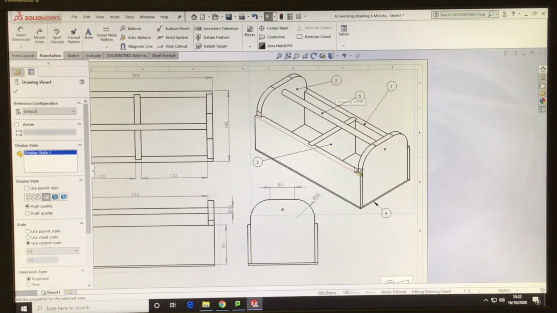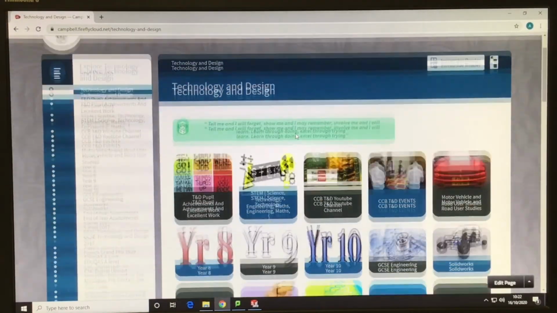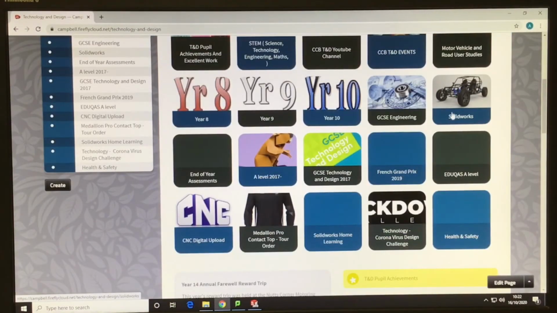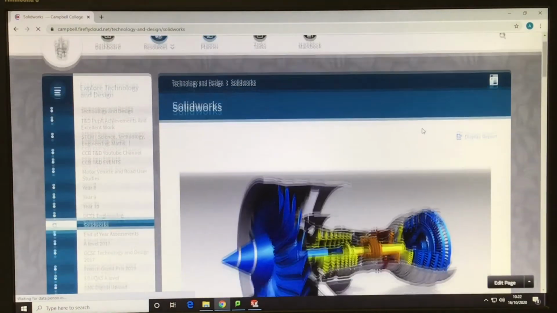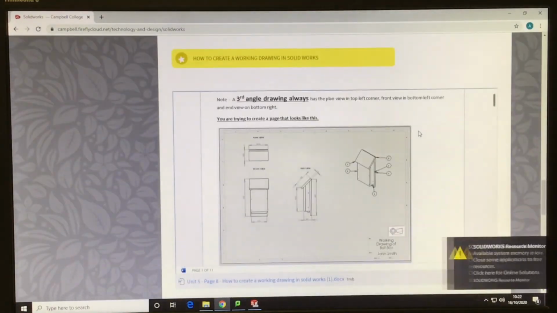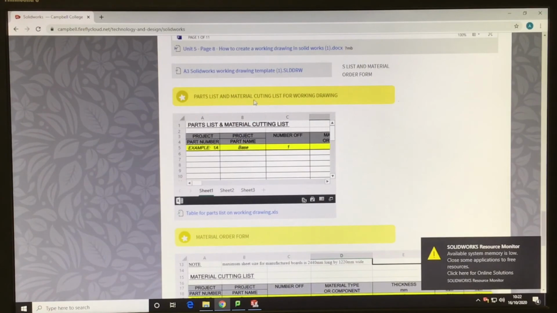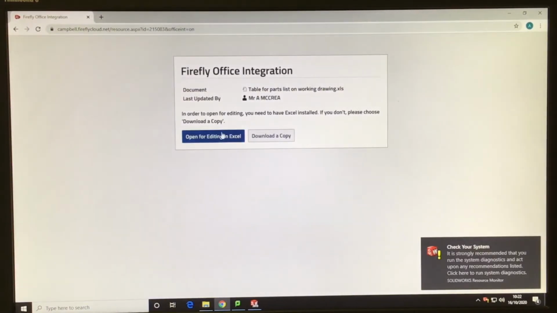Okay, so now we are ready to start putting together our parts list table. We know what all our parts are labeled. So we go now to Firefly, and we go to the technology page on Firefly. We open up the SolidWorks section, scroll down until you get to where it says parts list and material cutting list for the working drawing, and here's the spreadsheet here we want to move across. So if I open up that table as a spreadsheet,